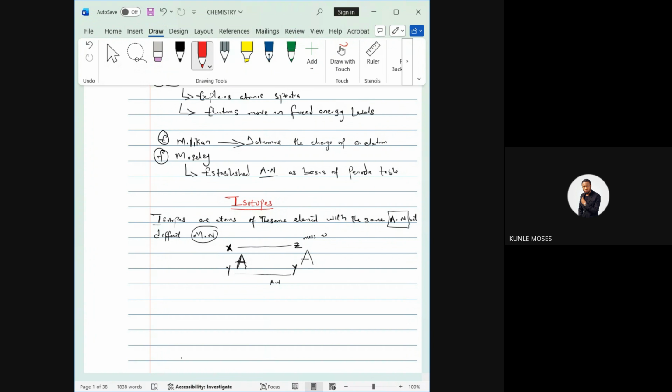The mass number of an element is not the same, because isotopes help us understand that atoms can have the same atomic number and different mass numbers. Look at the atomic number. You can see Y downstairs, Y downstairs, the same atomic number. Let's say, for example, if you remember, chlorine has 35Cl17. You remember? And it has 37Cl17.